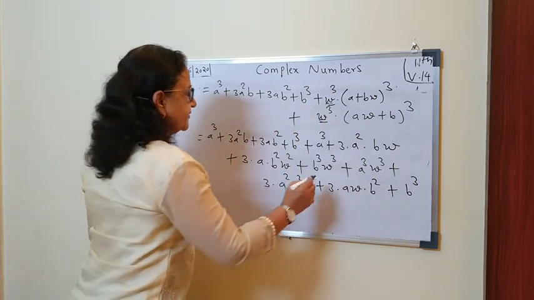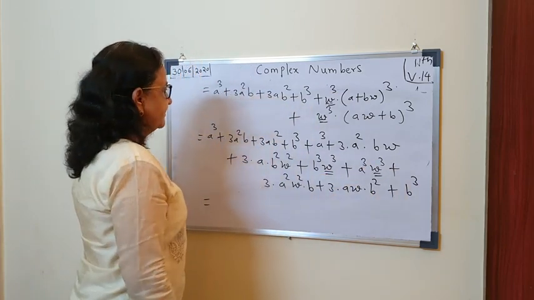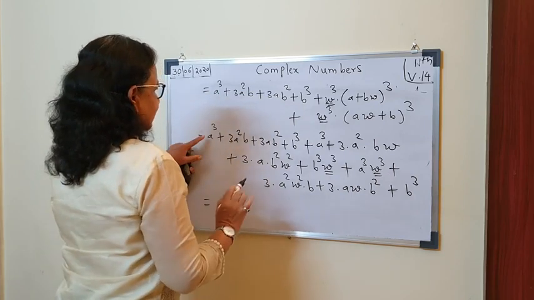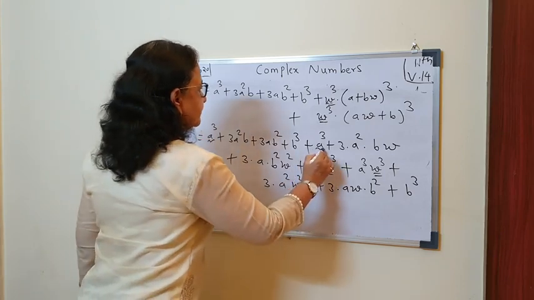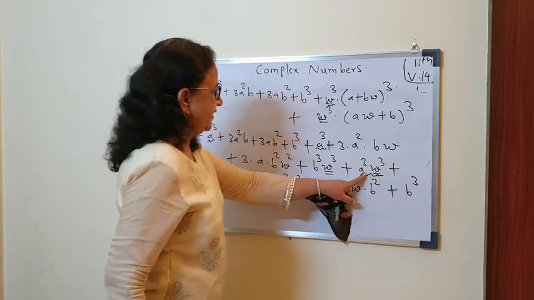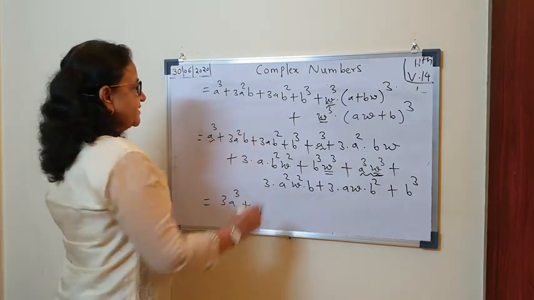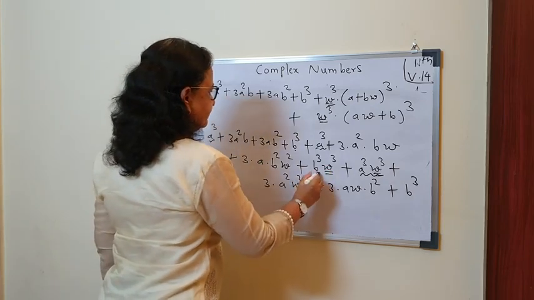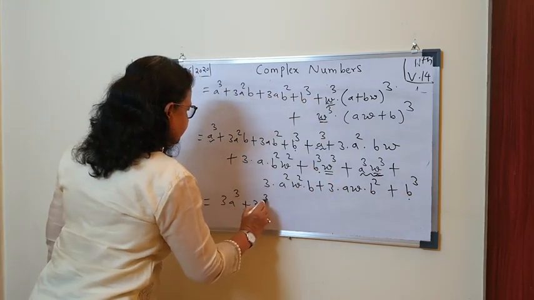Now observe here omega cube is 1, here omega cube is 1. That we will work out. Okay. So now what remains with us? Can I write directly now here? See, a cube, I'll underline. Here is one more a cube. Observe. And omega cube is 1. 1 into a cube, so this is also a cube. a cube plus a cube plus a cube. I got 3a cube. Same way, b cube. Then this is 1. 1 into b cube, so again b cube and last b cube. b cube plus b cube plus b cube. I got 3b cube.